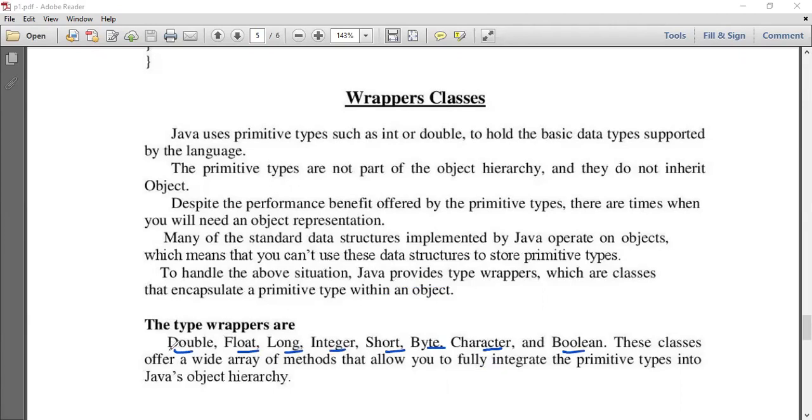If the first letter is capital in any inbuilt keyword, it indicates it is a class, because methods start with lowercase only, and class names start with uppercase. So these are the wrapper classes, so that we can fully integrate the primitive data types into Java's object hierarchy.